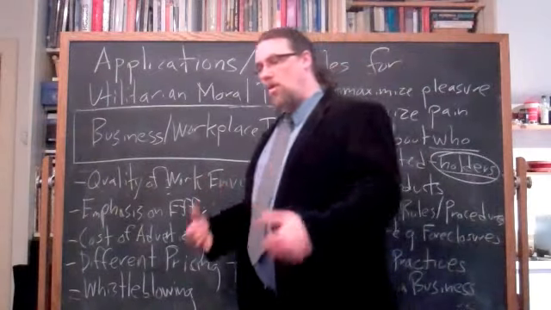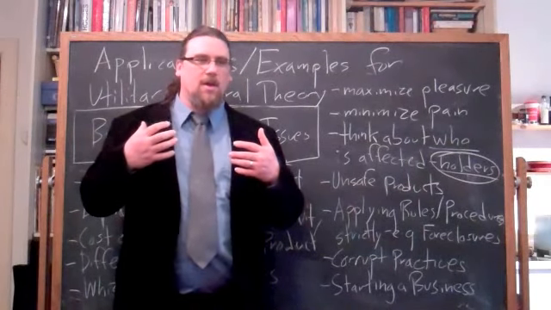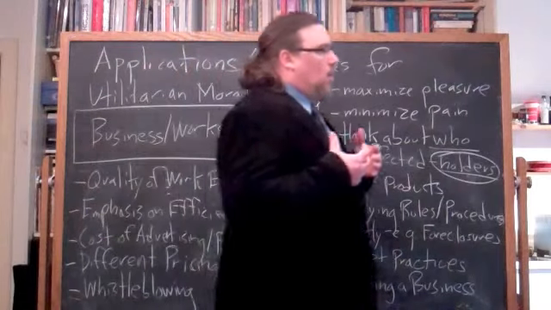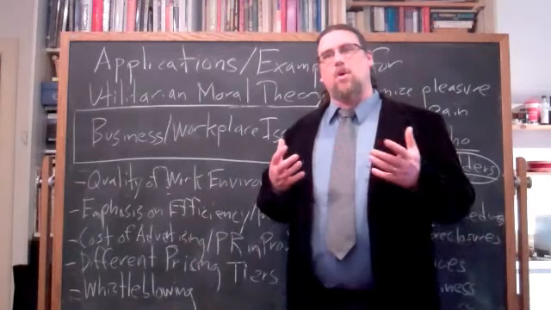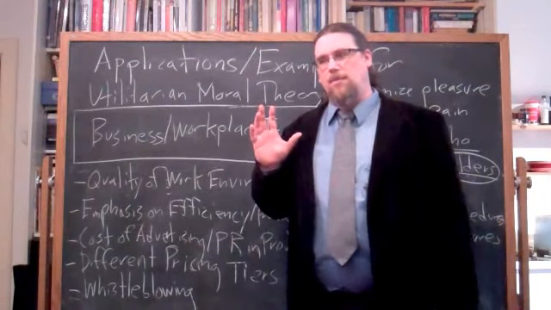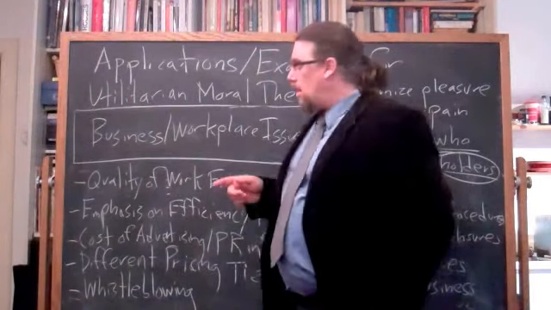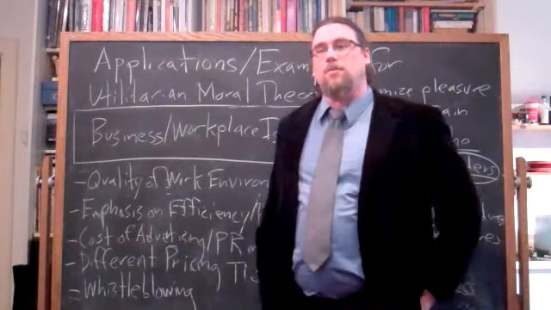Let's move on now to some more, I don't want to say substantive, because these are all substantive topics, but the sort of traditional ethics topics, like, say, whistleblowing. What is whistleblowing? It's when you've got some sort of practice or product that maybe poses a threat to some people or violates some people's rights, or something is going on that ought not be going on, and it's being covered up. It's not being reported either through the media or to the appropriate law enforcement agencies or to the regulatory agencies. And a whistleblower is the person who actually says, hey, this is going on over here, I'm going to reveal this to you.